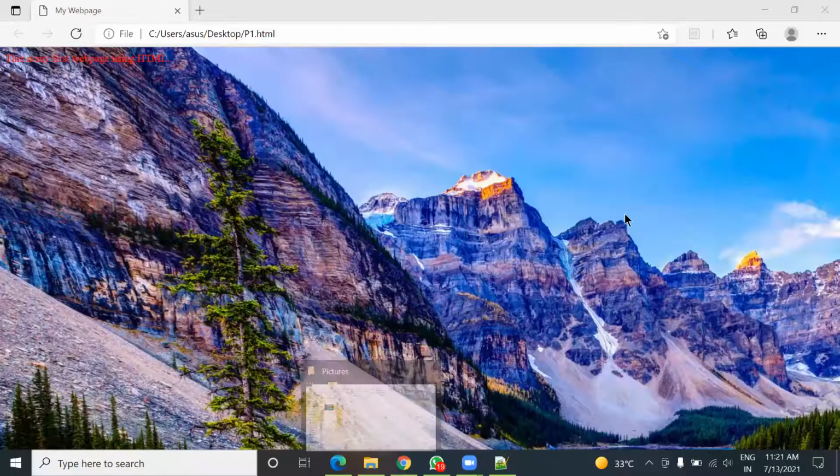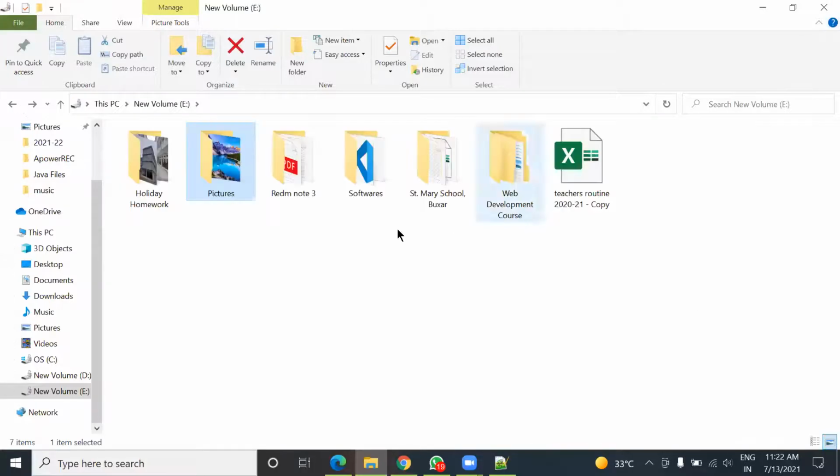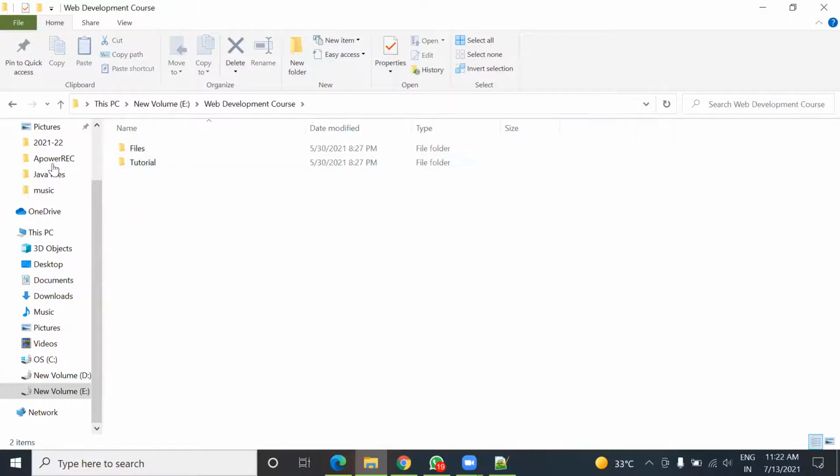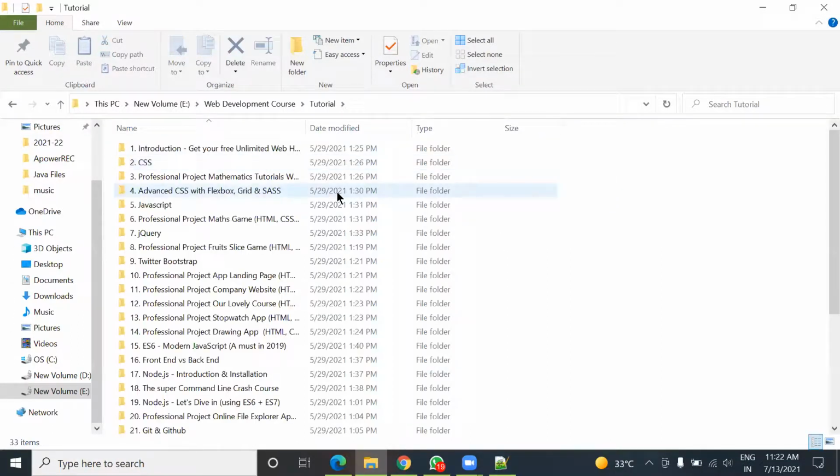There are several font types also, like you can take Google fonts, but for that you must have an internet connection available. But in this class we'll cover only this offline case. If I cover the full web development course, just see here how many things you have to study.